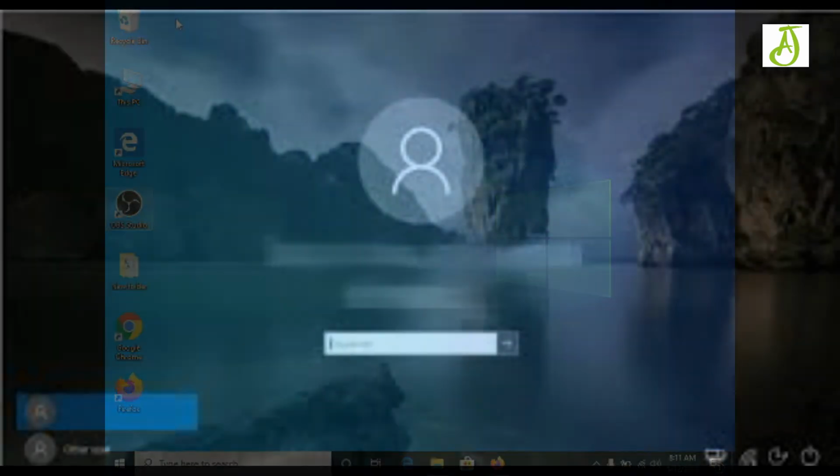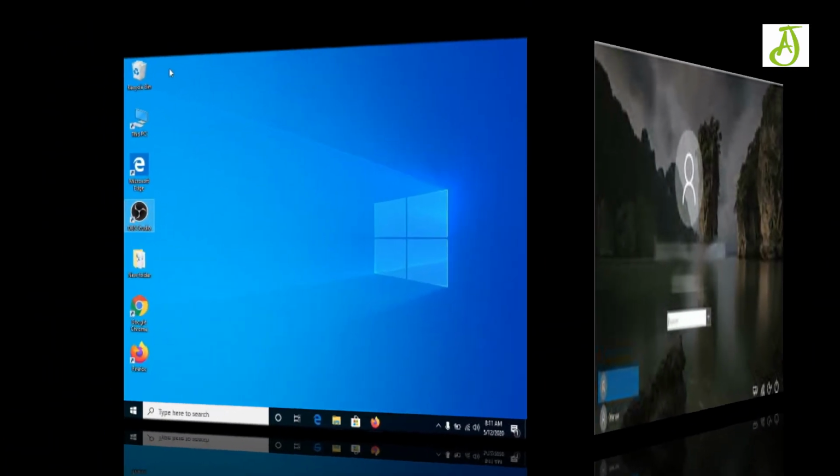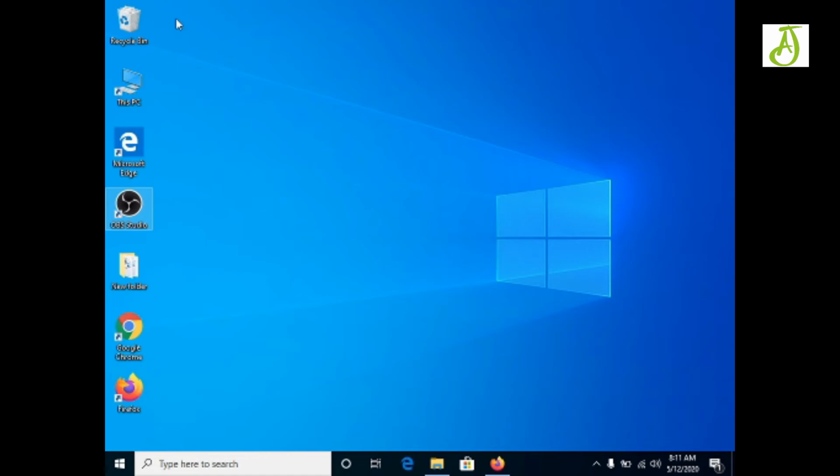Now, as soon as you provide the password, the second screen which is appearing is known as a desktop. The screen which is appearing here is known as a desktop. As you can see, there is a background picture. This background picture is known as a wallpaper. You can change it as per your desired picture. These pictures can be your picture, or can be downloaded from the internet. As per your wish, you can change it.